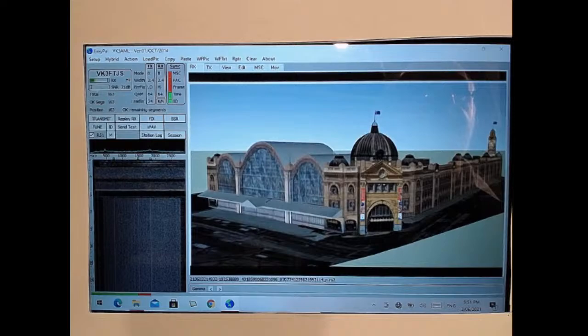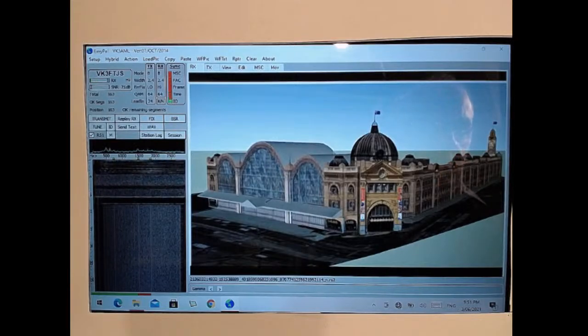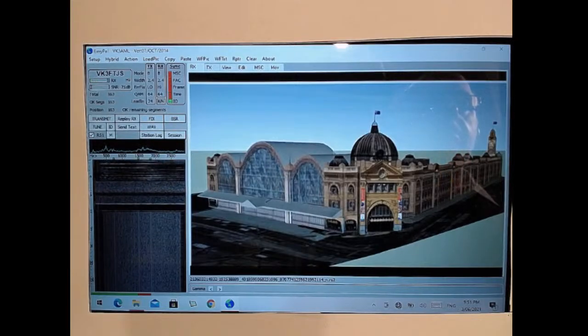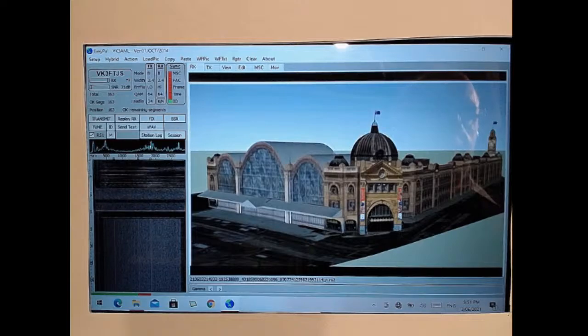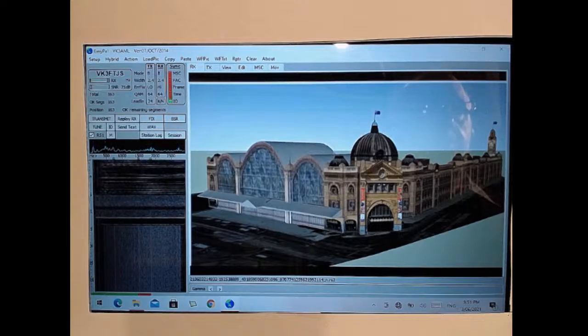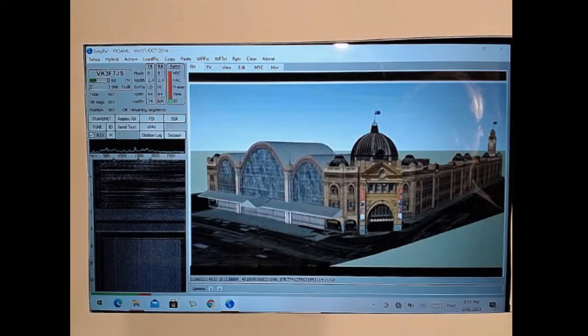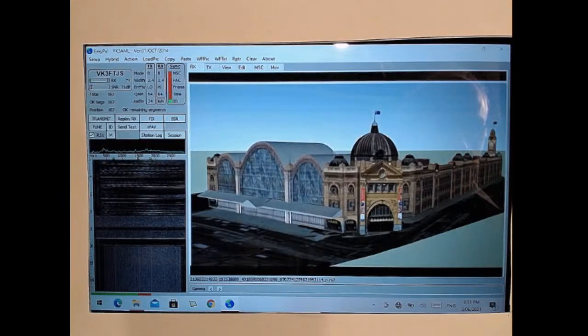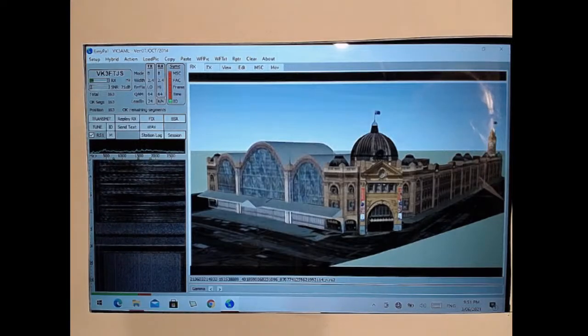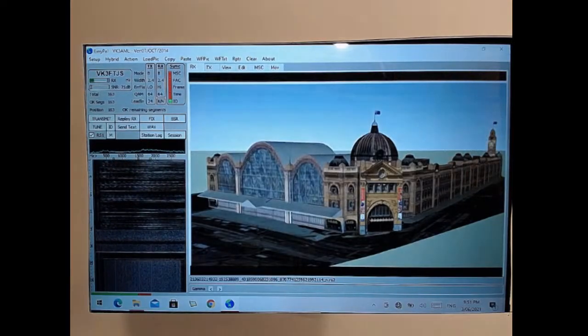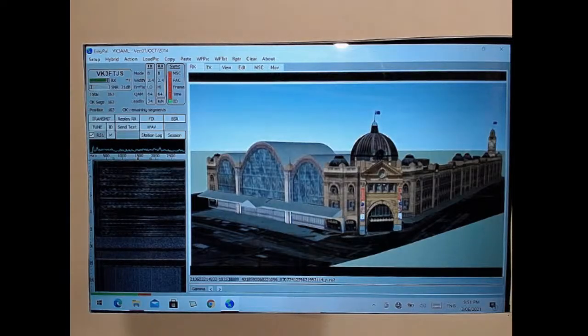VK3FTJS, VK3FTZD. It's an interesting image, actually. The angle on the front of it's slightly off. It's very nice. Full decode at 20 dB here. VK3AML, Chris, how did you go decoding this image?